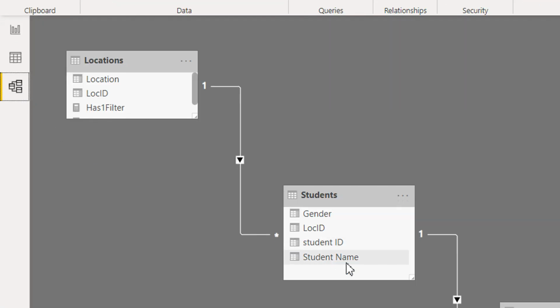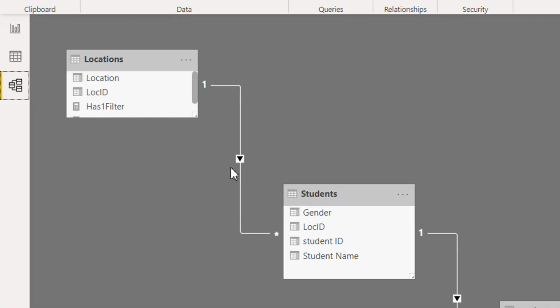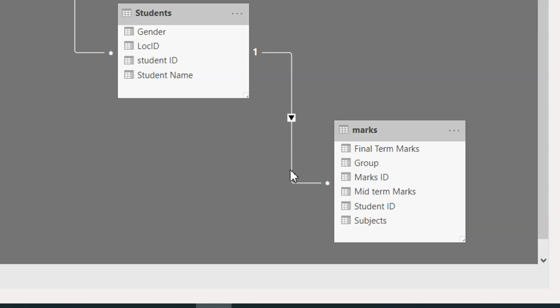Here you can see we have the location table. The location table is connected with the students, and students is connected with the marks table.